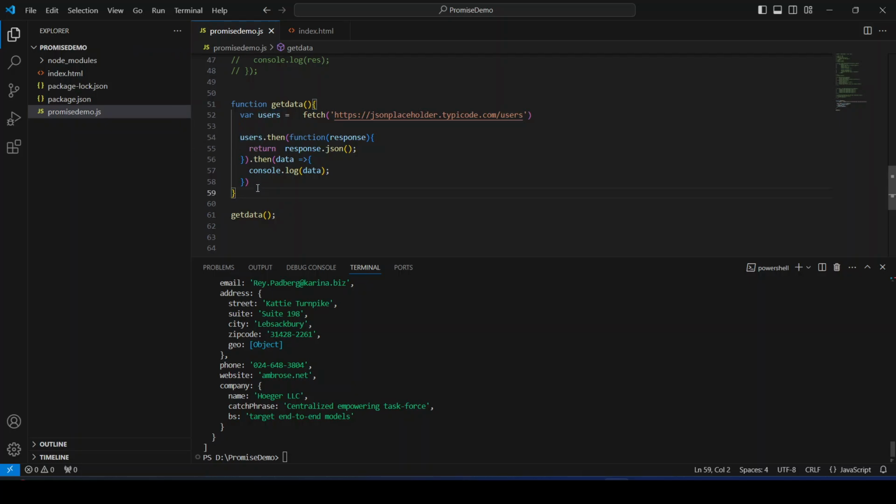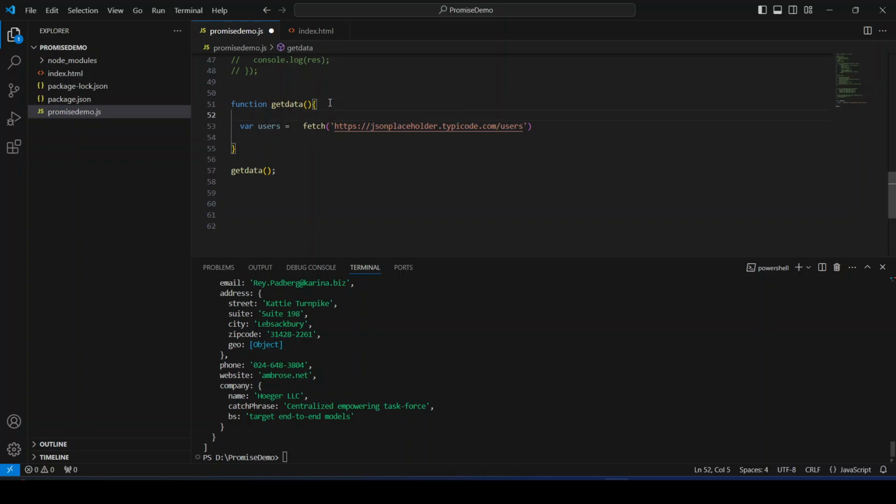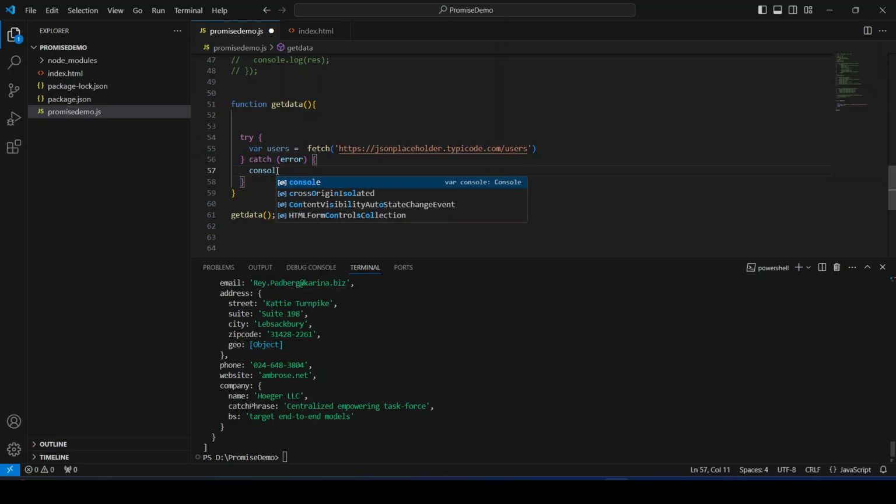But do you remember, the same thing we can do using try catch also. How? Here we can simply remove this, and we know that we can achieve it using async and await. Suppose we are getting the users as a promise object. Now what we have to do is simply write it into the try catch, and inside that we write this, and then if any error occurred, we can simply print console.log